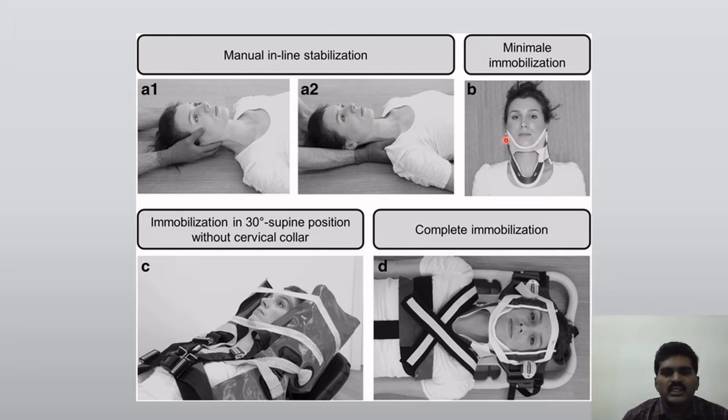Then you have to measure the size of the rigid cervical collar needed, and you apply an appropriate cervical collar. Finally, you will transfer the patient onto a long spine board and secure the spine board in place. This is the final step where you have strapped and secured the patient totally onto a spine board.